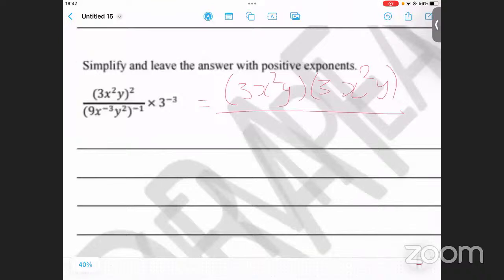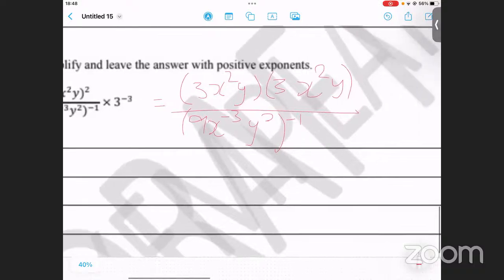And we're going to have minus 9, which is the same as the whole thing divided by 1, but I'm just going to rewrite it as it is, like that. So we're going to have 9x. I'm going to rewrite it minus 3y to the power of 2, close the bracket, to the power of -1,